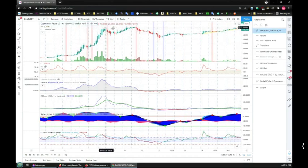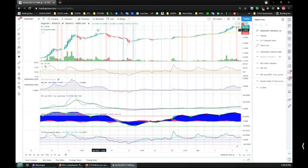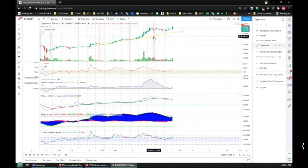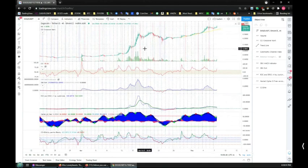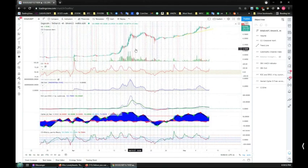It happens here, it happens here. Pretty much every peak where you start to see red candles, it happens. Oh wow! As soon as the CCI dips below 100, you might as well exit the trade because it's not going to be any more of a pump. But it's only reliable if you use it during a 4-hour candle size, which doesn't allow you to take as much of a profit. Obviously you're waiting a couple additional hours to get a confirmation and more reliable average data, but still,